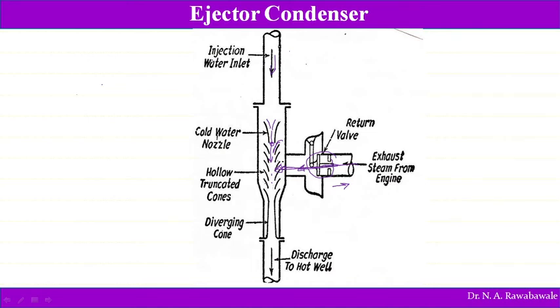So here there are truncated cones, just like a nozzle. So nozzles or truncated cones are created just to create a low pressure region. Here the low pressure region is created, because of which automatically the flow of steam takes place and steam moves into this condenser and gets mixed with the water. As soon as it gets mixed, automatically again pressure falls or vacuum is created in this condenser.